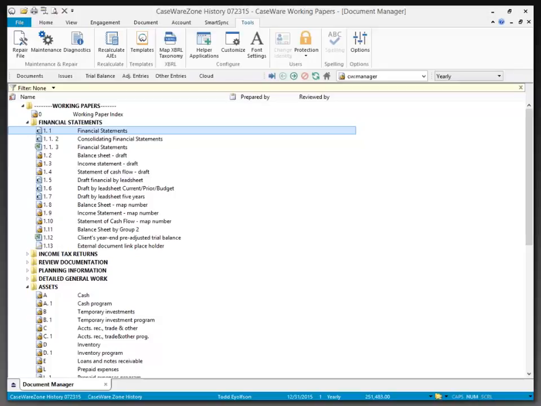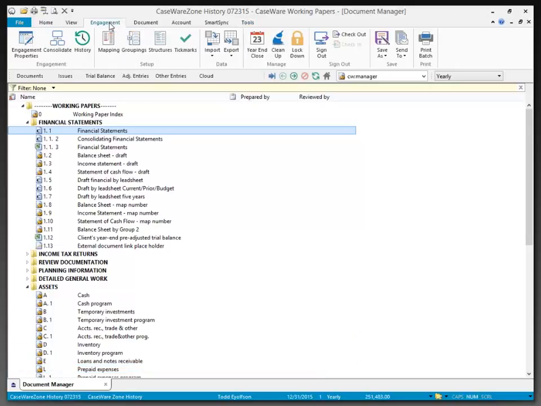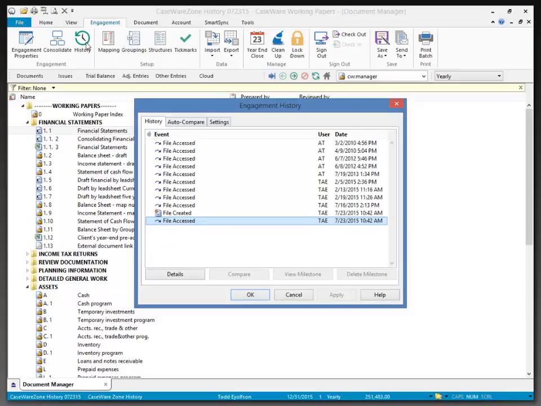So let's move right into the CaseWare working paper file to have a look at what we're about to do today. So I want to start off by setting up engagement history, and that's found under the engagement ribbon and the history option. The engagement history settings list all the types of history events that can be recorded by working